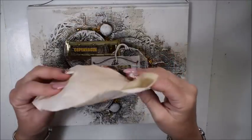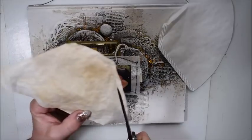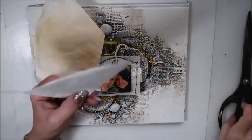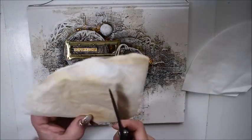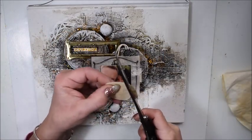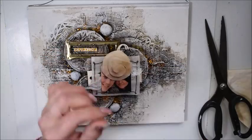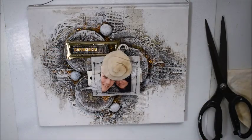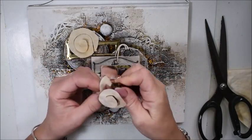Does it smell of coffee? Yes, it smells a little bit of coffee, but now when I'm doing my voiceover, it doesn't smell. A tiny bit of coffee. Okay, and here, I could leave it like this, but I have this coffee filter and I